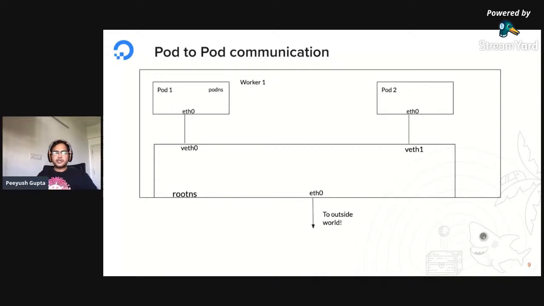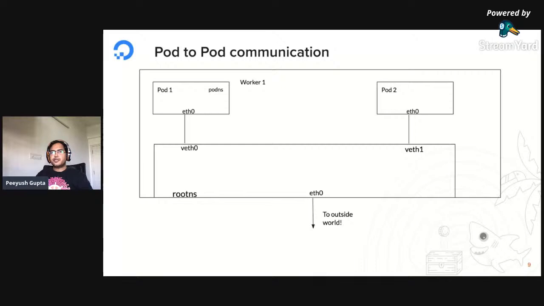Now let's try to level it up. Container-to-container communication is good. We have got multiple ways, pretty basic things to do. But Kubernetes doesn't see your workload as containers. Kubernetes sees your workload as pods. And when you're running your application, you will have a separate pod for front end and a separate pod for back end, and you need to make sure those things are talking to each other. So how do pods talk to each other?